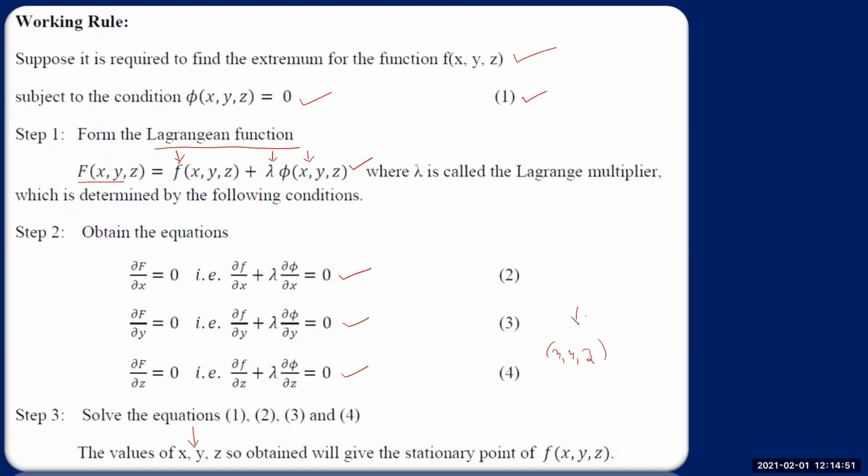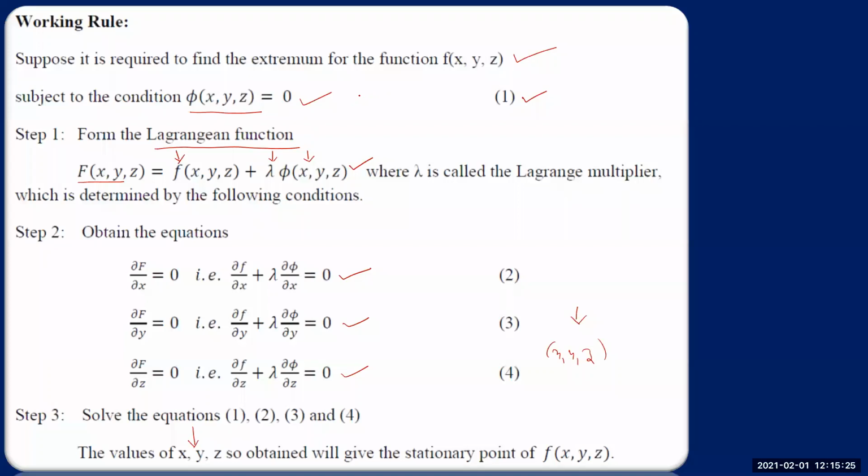Whatever the stationary points you get from this method, at all these stationary points, we definitely have extreme values, right? So depending on the function values you get at these stationary points, we will conclude where we have either minimum or maximum. That's one simple point to remember. And the procedure is only this: you will be given a function of 3 variables, and remember, you may be given more than one constraint also sometimes. When we are given 2 constraints, here it is only 1 constraint.